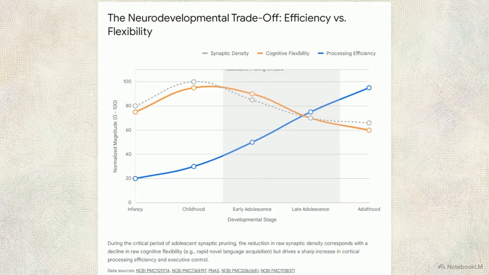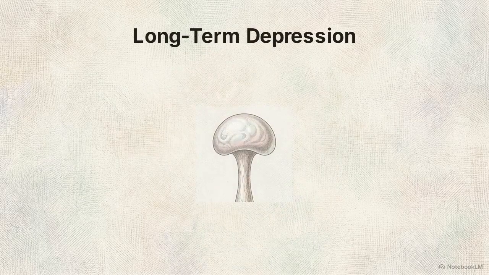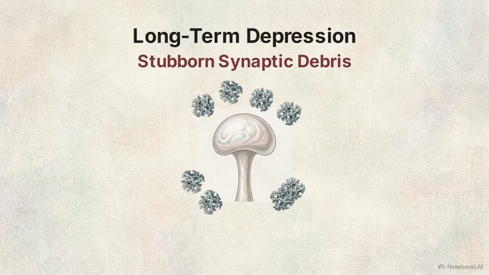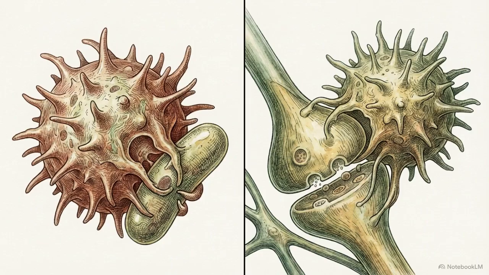This efficiency comes at a cost. As density plummets and processing speed solidifies, the network loses the capacity to rapidly master novel tasks. Achieving the adult cognitive state requires an irreversible biological phase transition executed entirely by glial networks. Long-term depression can shrink a synaptic spine, but it cannot physically clear the remaining material from the tissue. Microglia and astrocytes act as the primary executioners to clear this detritus. To accomplish this, the brain repurposes innate immune pathways originally evolved to destroy invading pathogens.